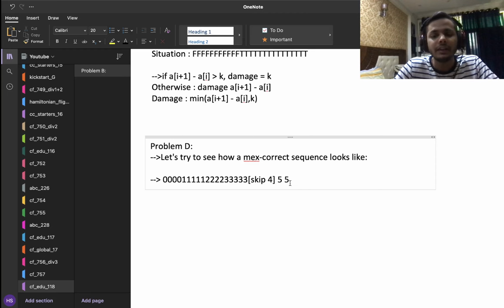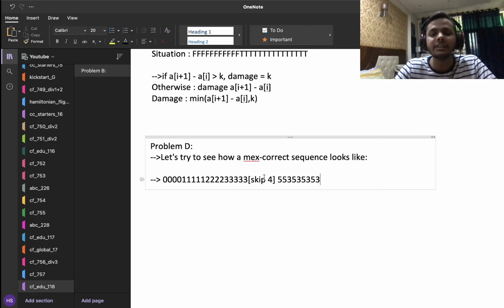What about a 5? Obviously, a 5 was initially there, so I can put a 5 here. But I cannot put a number which is greater than 5 because the max is fixed to be 4, and if I put a number greater than 5, then the difference between them will exceed 1. So the only two numbers which I can put here after the 5 are either a 3 or a 5. And let's say I decide to put a 5, and then again it is an absolutely similar situation. So I can again put a 3 or a 5. So let's say I put a 3 here, and this is basically just going to continue. I can either put 5 or 3s indefinitely because the max is fixed to be 4.